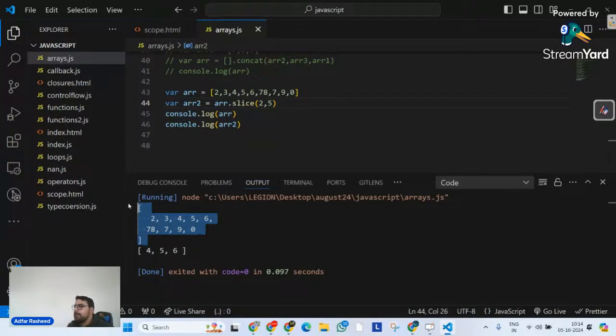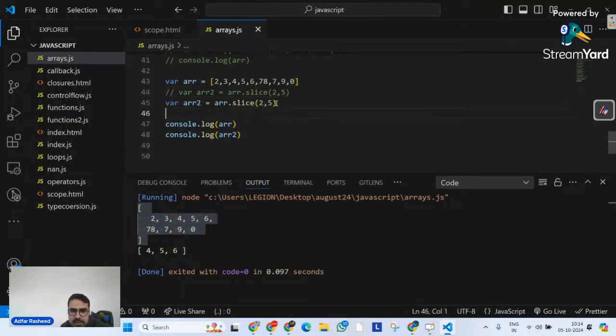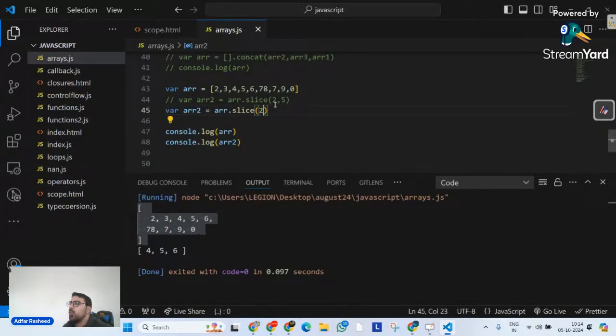Now, another thing. When we talk about the slice method, it's not necessary that I put both arguments. What will happen if I copy this, comment it, and paste it here? What if I put only one argument and not two?